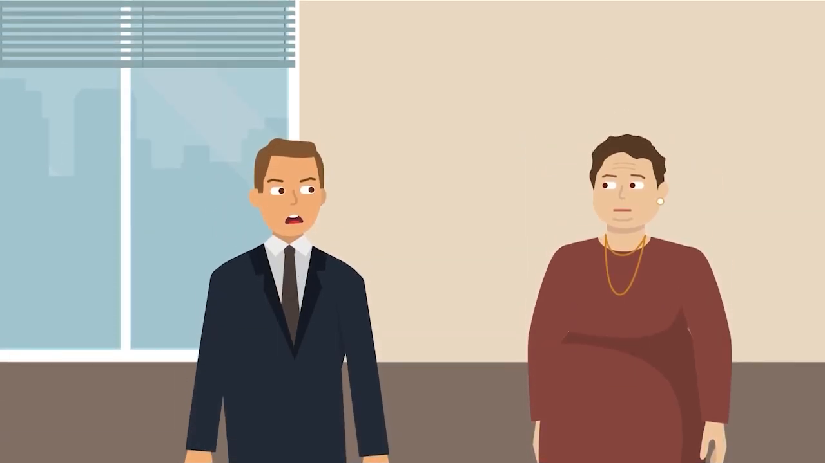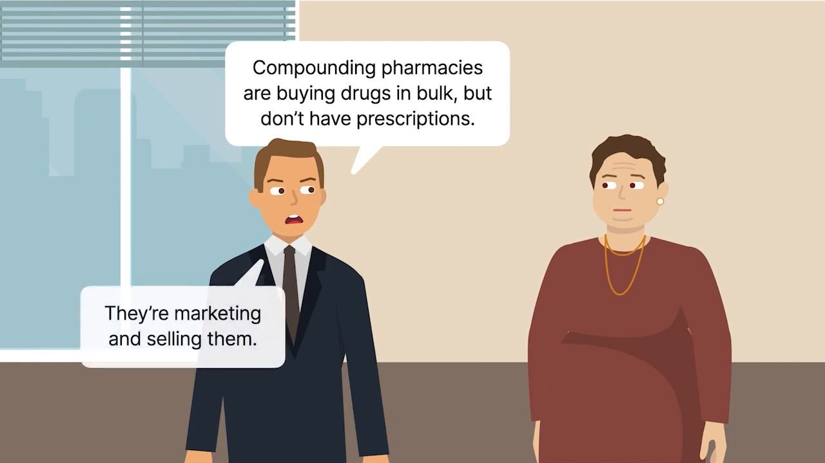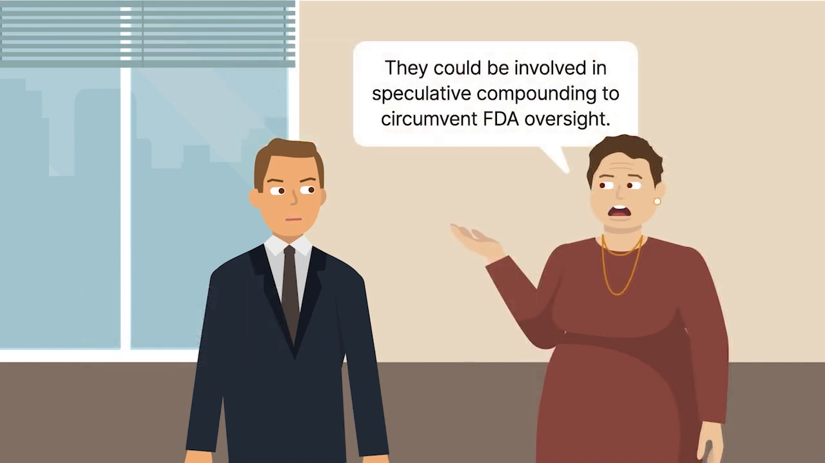The Federal Drug Administration, or FDA, discovered that licensed compounding pharmacies were buying drug ingredients in bulk and creating drugs without having prescriptions for specific customers. The pharmacies would then market and sell these new drugs to consumers and practitioners. The FDA believed that these pharmacies were participating in large-scale speculative compounding to circumvent the federal oversight required for drug